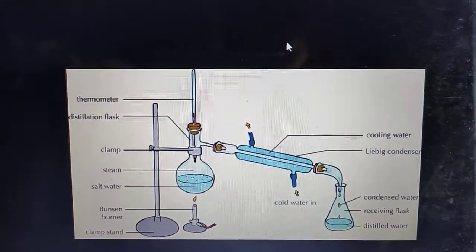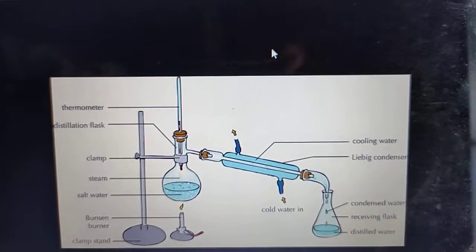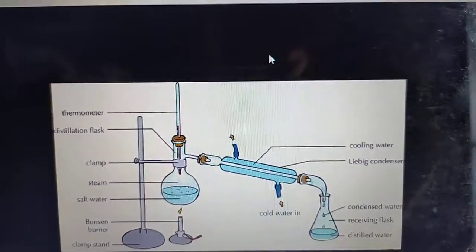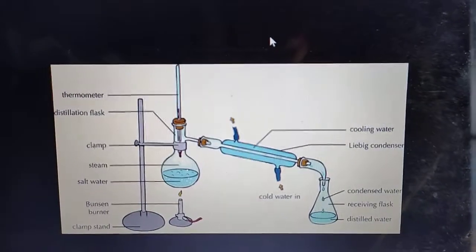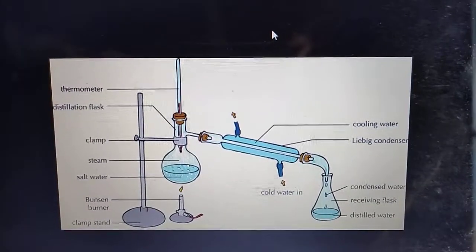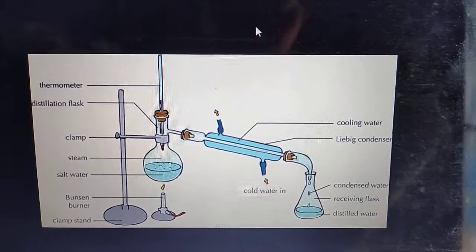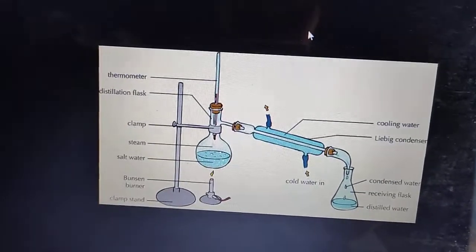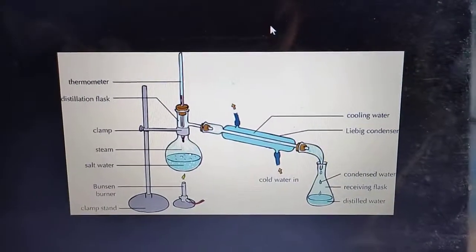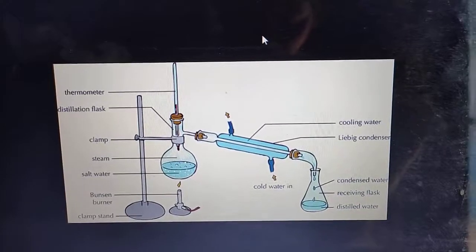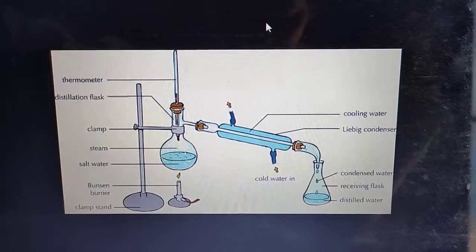Now see, the distillation is carried out with the help of a condenser, a receiver and a distillation flask. You can see the arrangement of apparatus for distillation in the figure. The solution to be distilled is taken in a distillation flask which is connected to a condenser. A continuous flow of cold water is maintained in the condenser to condense the vapor. The solution is heated to evaporate the liquid, and the vapors pass through the condenser where they condense to liquid state and collect in the receiver.